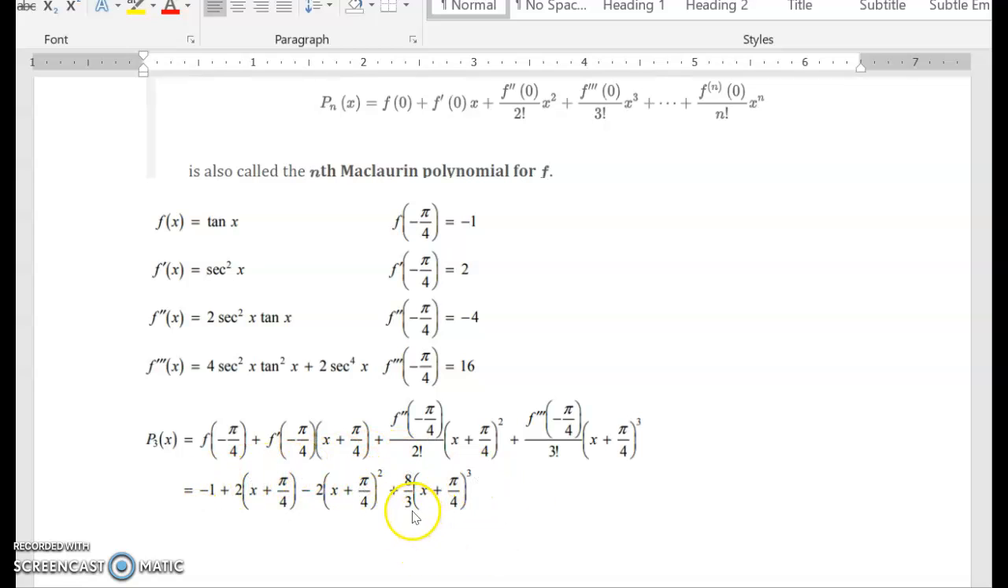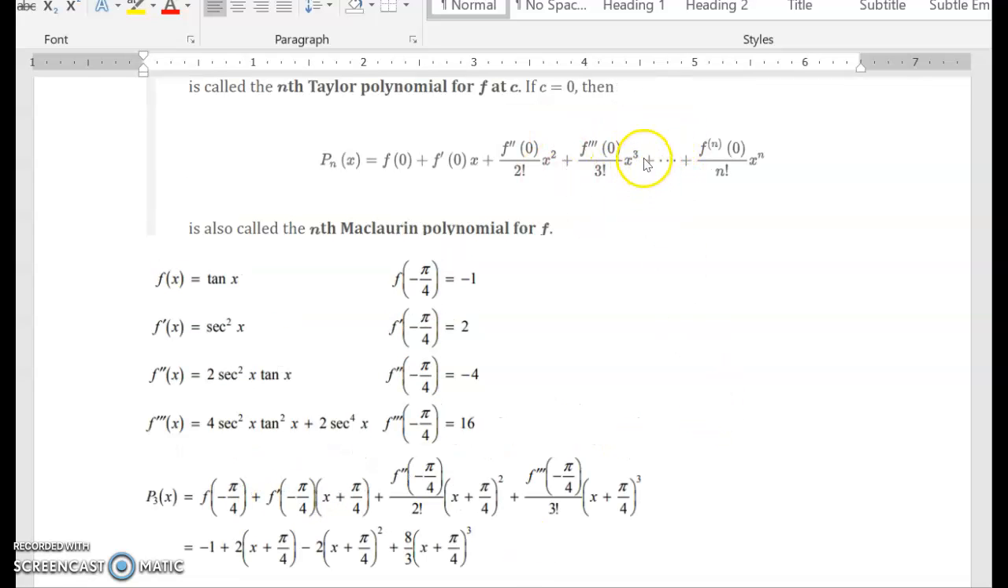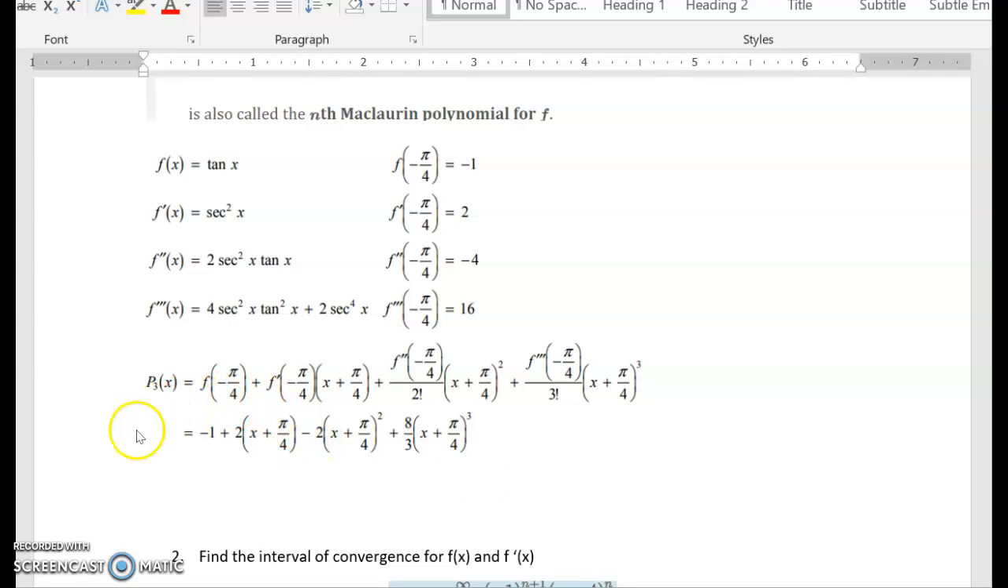Some of you had the proper coefficients, but I think I got a couple of Maclaurin polynomials, or a combination of the two. But here is your answer for the first one. Okay, I hope that makes sense. Now, let me do